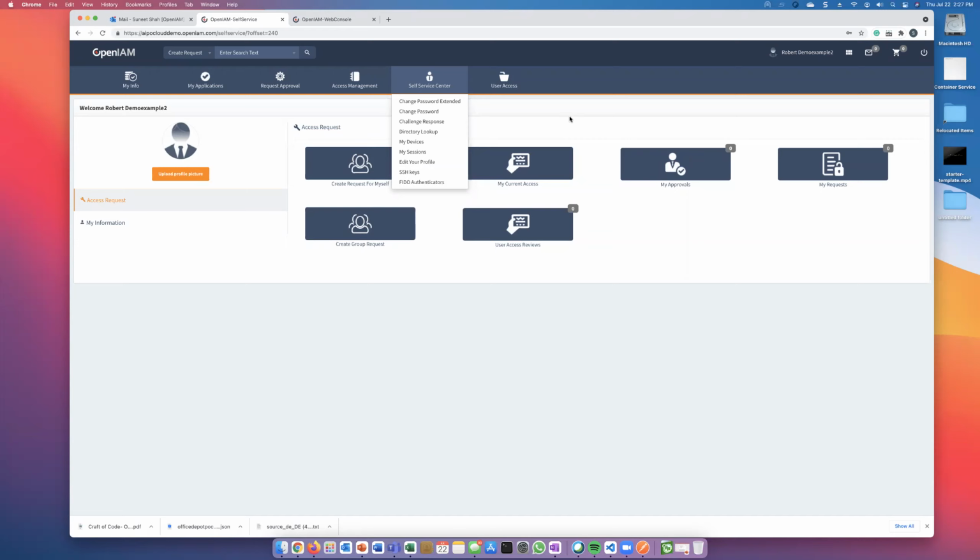So especially if there are hundreds or maybe thousands of servers that you're managing, this could be a way to propagate those keys and give people access through that as well. So in this case, let's go ahead and create a request. So if I go to create request,